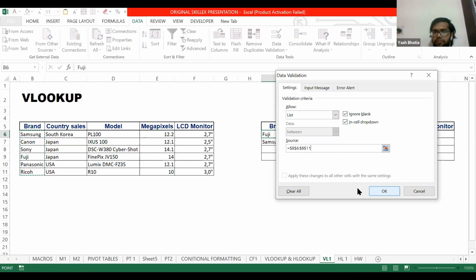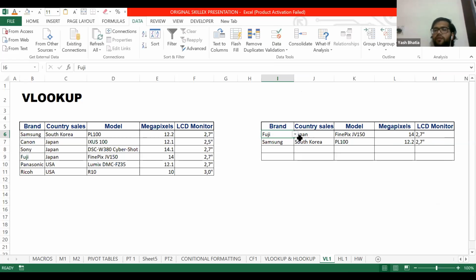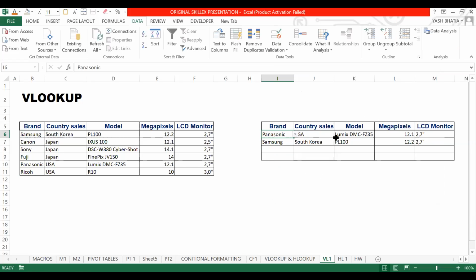I click OK. And now we have created a dynamic table which will change automatically without using referencing. You can see there are various brand names. If I select Panasonic, it will give the data of Panasonic. Panasonic, country sales in US, correct. Lumix DMC FZ35, megapixels 12.1, and LCD 2.7.